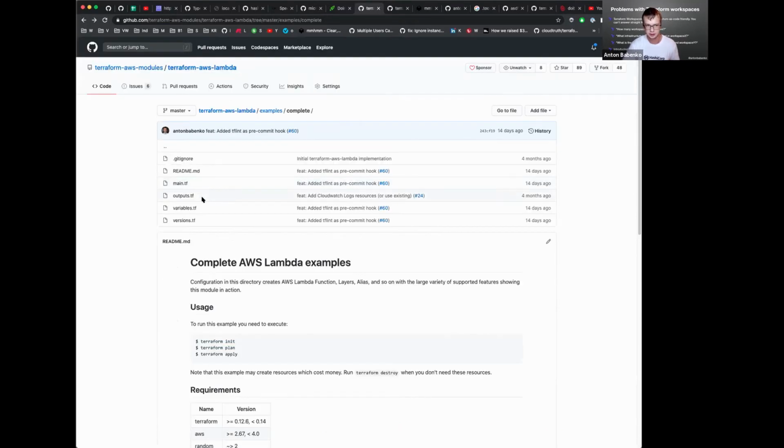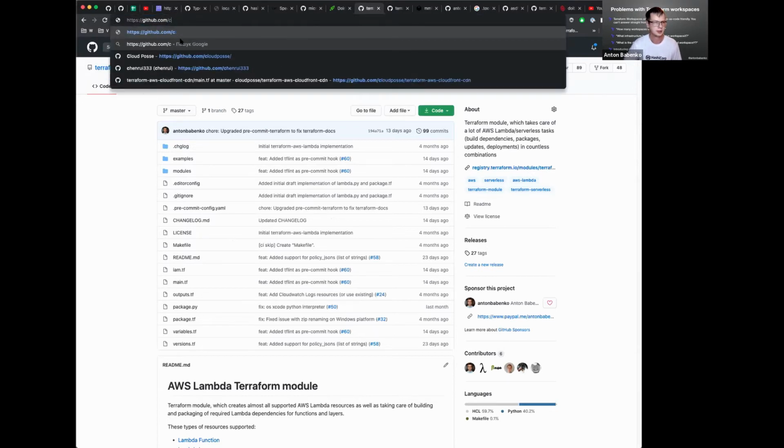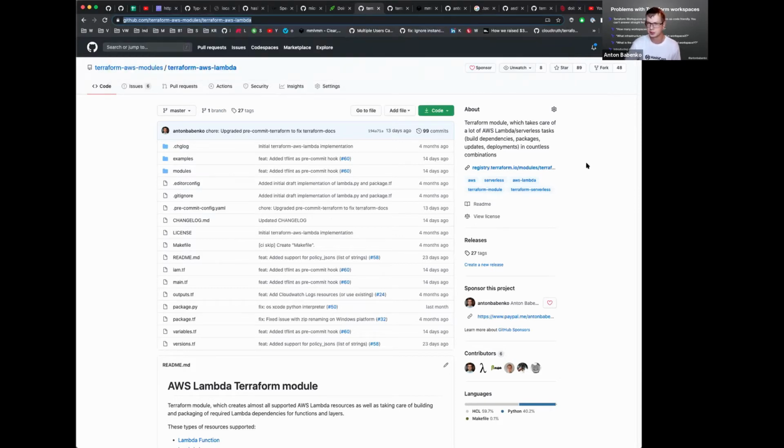When we started working on this module, we obviously looked at existing solutions, and we figured out that the best solution we found has a lot of challenges. I think the one by Clarinet, yeah, it's the one by Clarinet. They have a lot of open issues, and we looked at those issues and figured out that the whole approach implemented in that module has to be implemented one more time, completely, because